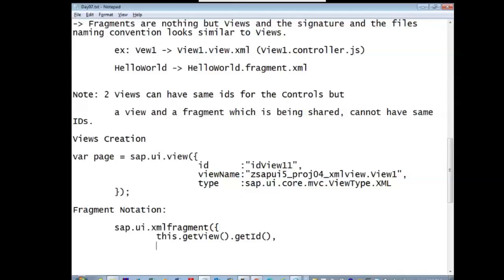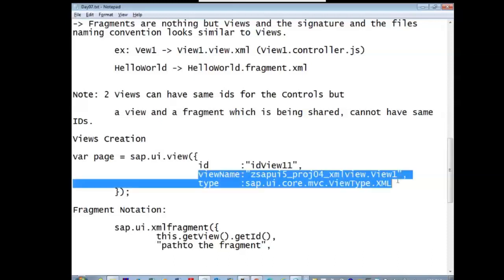Okay. View name: here it is the path to the fragment. Path to the fragment. Next, the type of the view is XML, but fragments are all XML only. There is no JavaScript fragment. Fragments are XML.